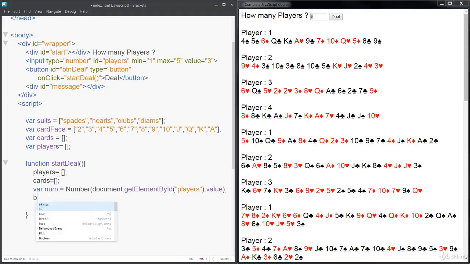So the next thing that we need to do is build the cards. So we can build the deck of cards, and this is going to be a function to build the cards. And the next function, we need to shuffle the cards. And then the last function is going to be to deal the cards. So now that we've established this,